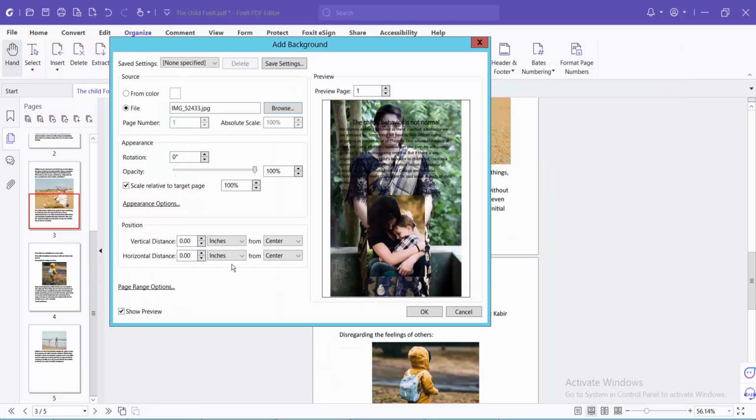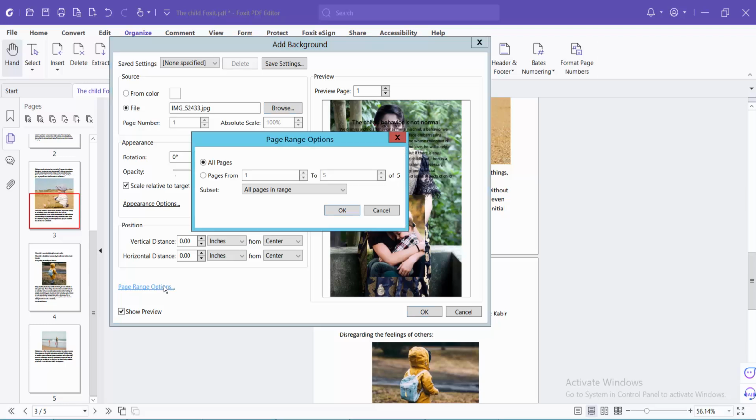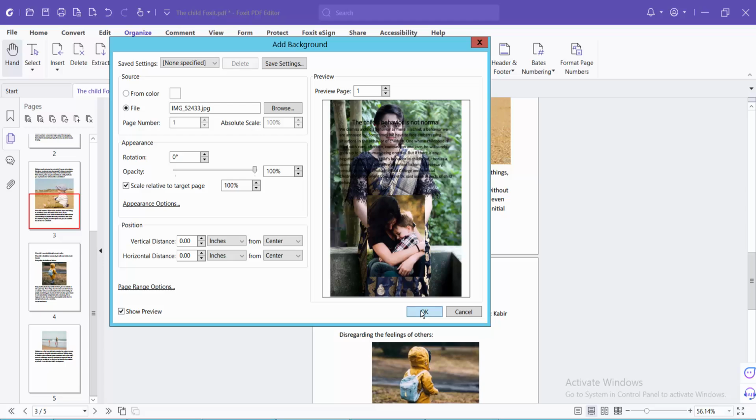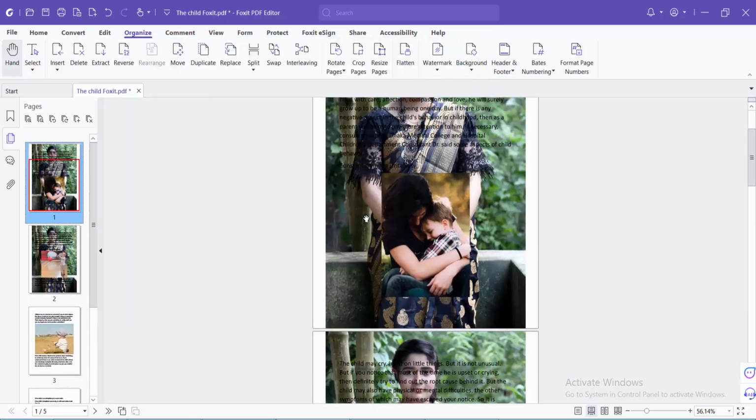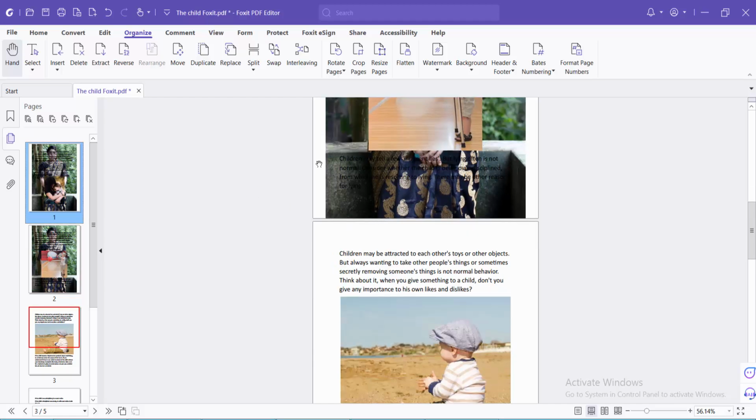and I'll add this background image only for the first two pages. Select specific pages, page 1 to 2. Now select OK and OK. See, this background image is added only for two pages. And again go to the Background option and select Update